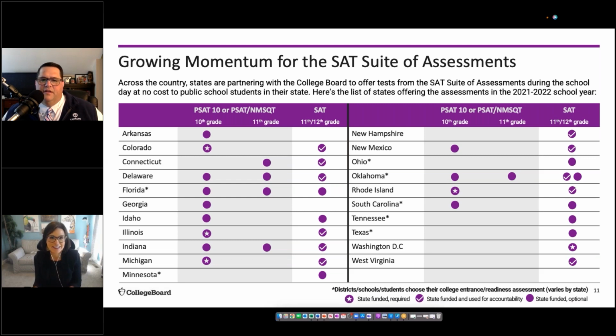I was going to say too that being that I'm in South Carolina right now, the Commission on Higher Education, one of their qualifications for some of their scholarships is that they have to have a qualifying test score, whether it be through ACT or the SAT. So it's important that families and people understand that as well, because a lot of the colleges and universities in our state in South Carolina have gone test optional, but they still need to take the test and achieve a good score, a decent score to